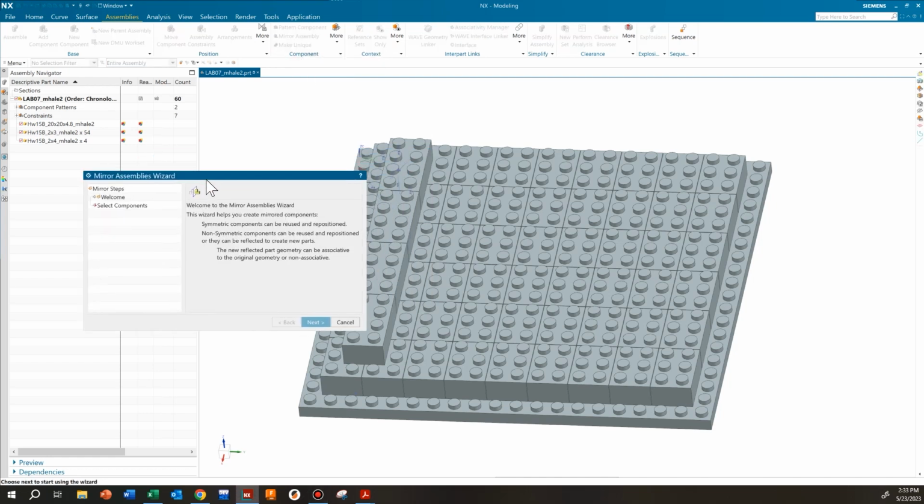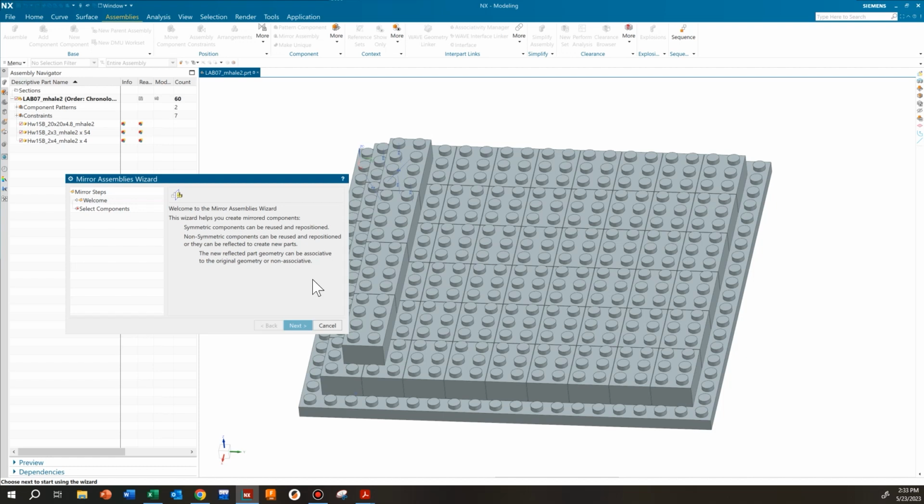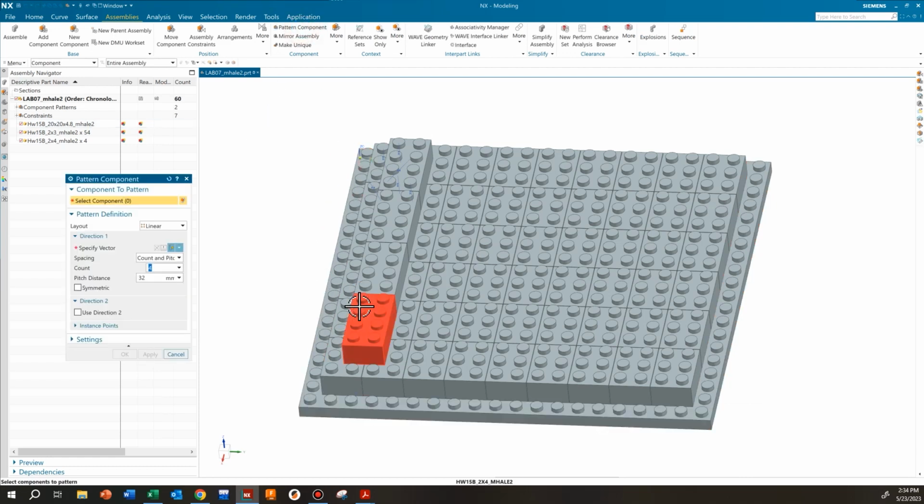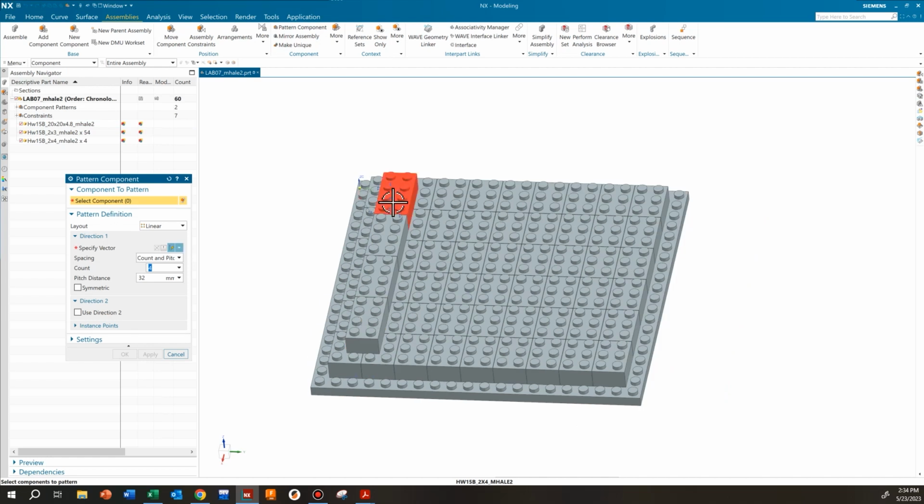Mirror assembly is more along the lines of how we created the left side of the mini bike frame. When we made the right side, it's going to create another part, which is not what we're looking for here. So it's not what we're going to do. We're going to go back to pattern component. We're going to choose our